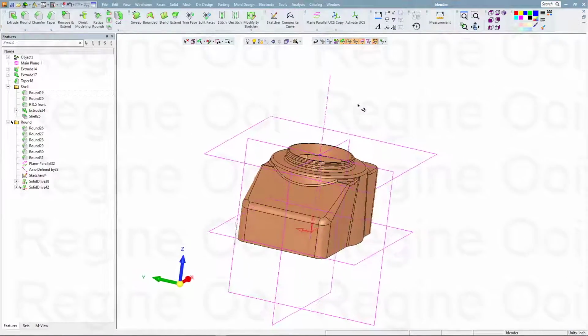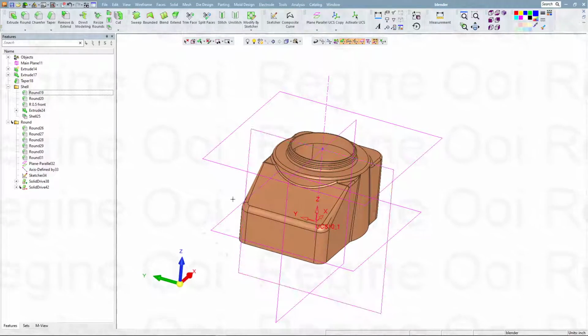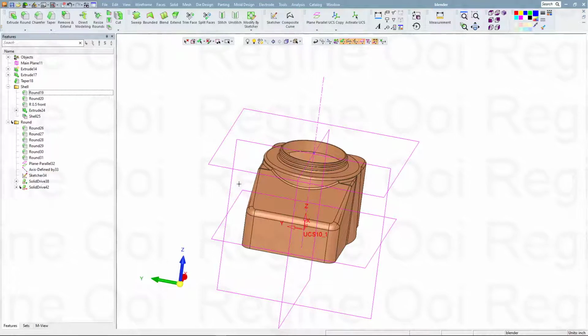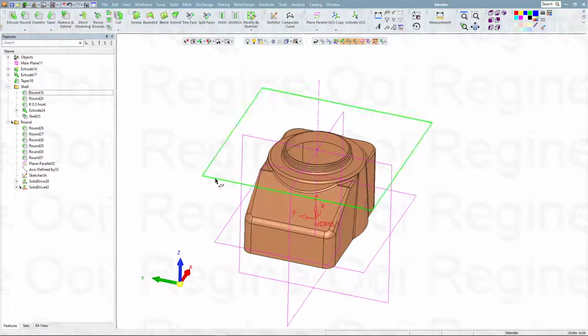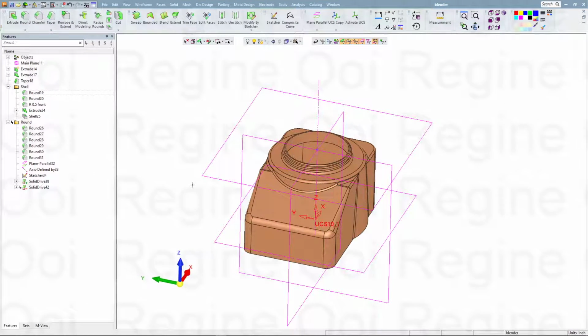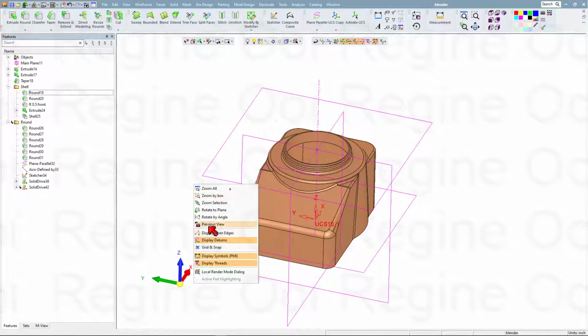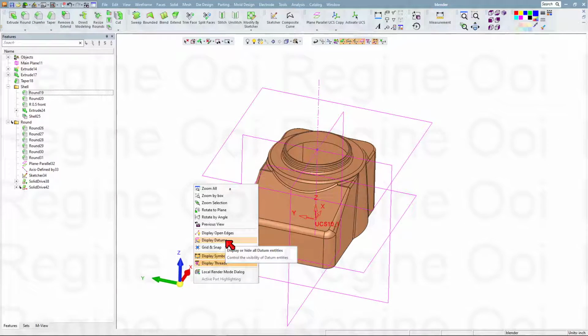So next, I want to hide all these planes and UCS and axis before I create a sketch on this face. You can press middle and right mouse button both together, and then select this display datum to turn it off,